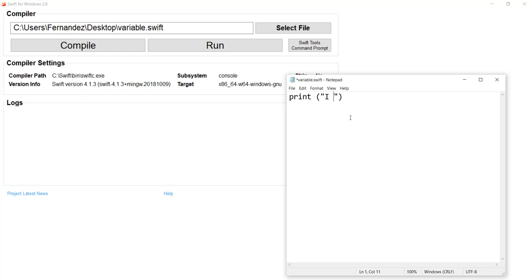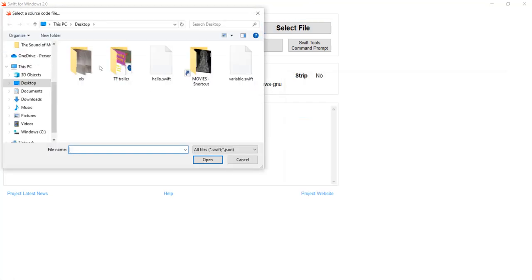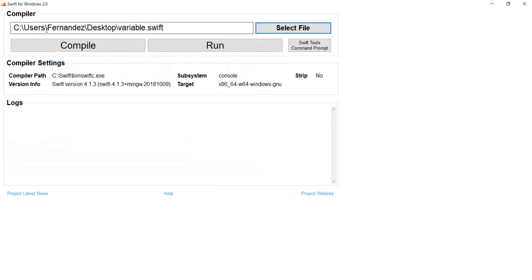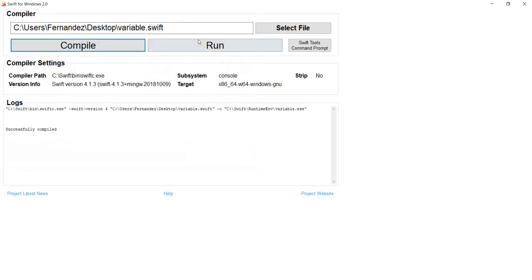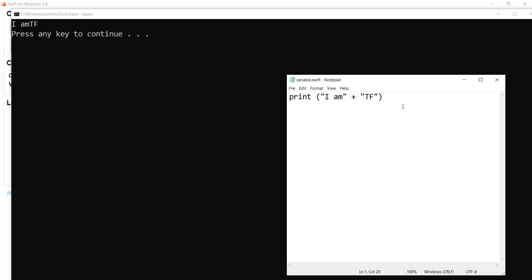For example, I'm putting "I am ", that is one string, with the blank space, and the second string is going to take the value of tf. So we have two strings now: "I am " is the first string and tf is the second string. You have to add these two strings as you see on the screen. It's compiled. Now I want to run it. When I'm running it, yes, I'm getting I am tf. In such a way you can add two strings as well.